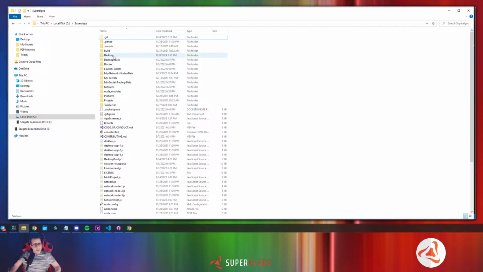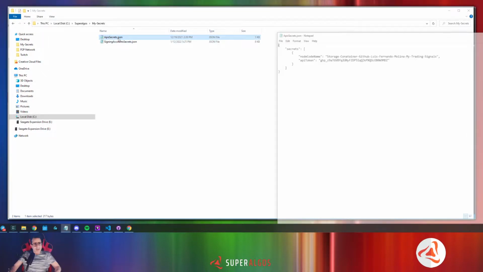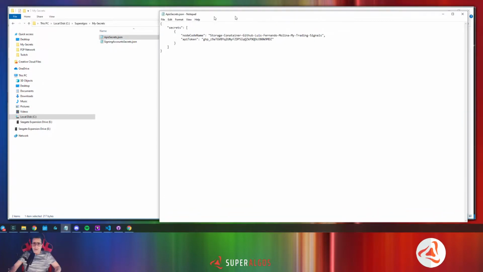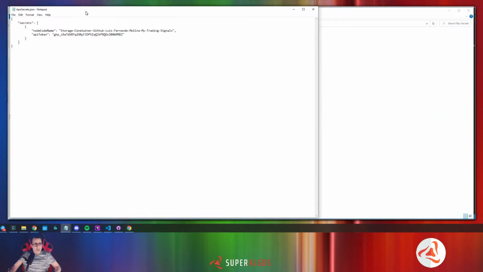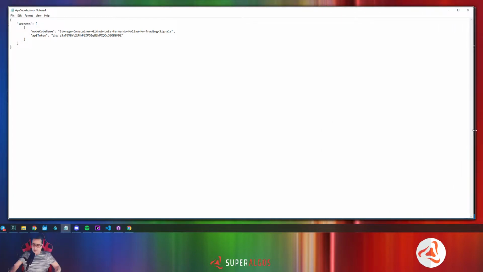Where is this? My secrets API storage file. Okay, so you need to have this file that today is not created automatically. It's a file that has an array of records where you have to